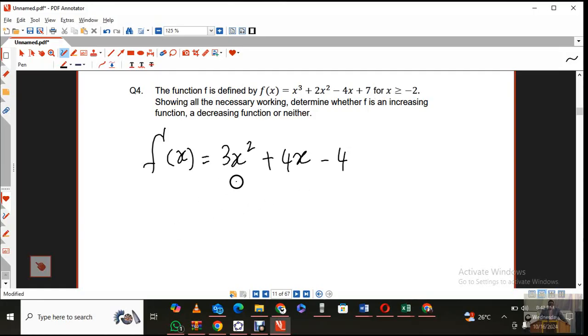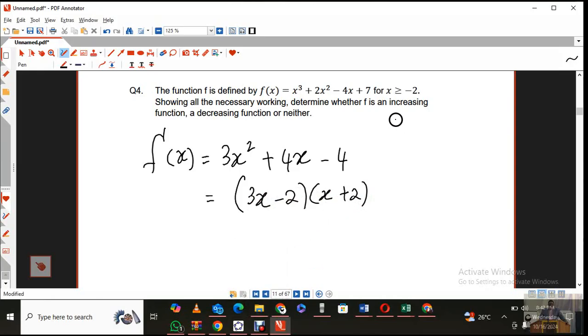So let me just maybe leave this in factorised form. Okay, so it's 3x minus 2, times x plus 2. You don't have to, but I'm just looking to do that. It's much quicker. So I'm going to do a series of tests,